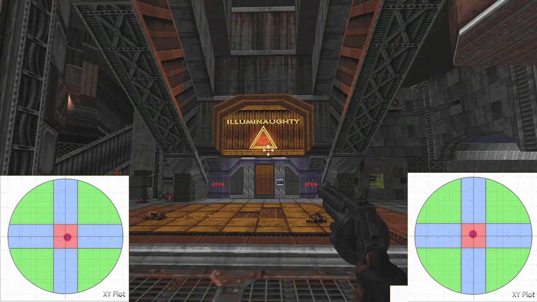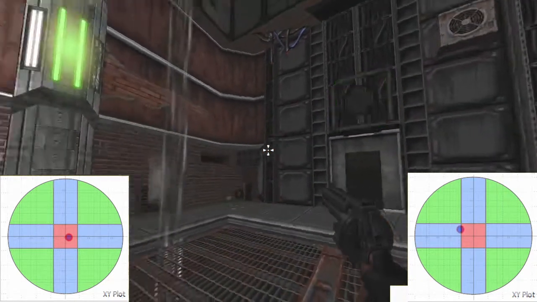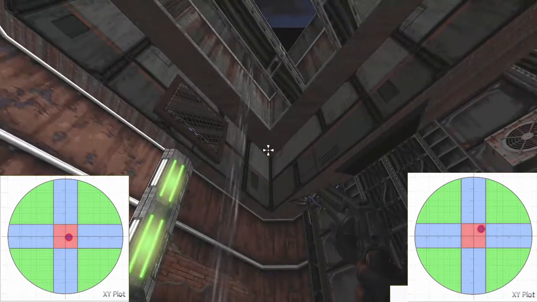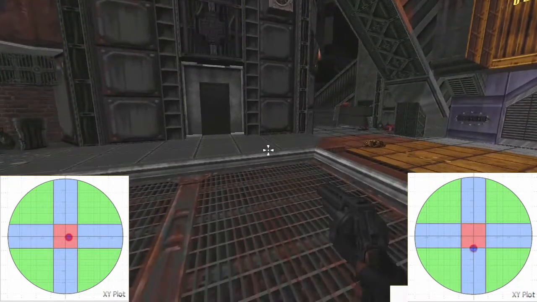Alright, so hey everyone, today I want to take a look at Ion Fury, its dead zones, and some acceleration issues it has. So, this game uses square dead zones. This game has dead zone options. I'm just demonstrating them at 20% right now. You can see the view capped vertically, but